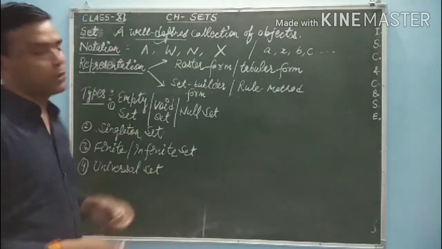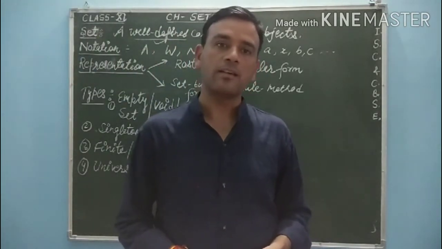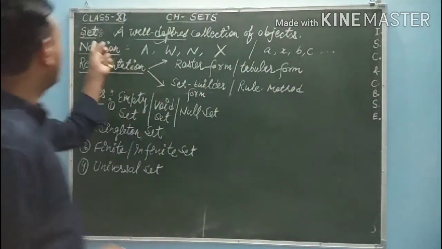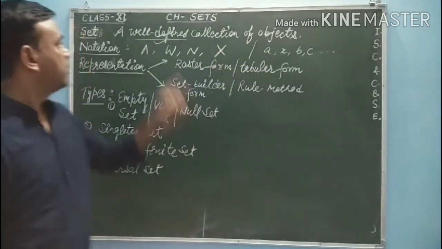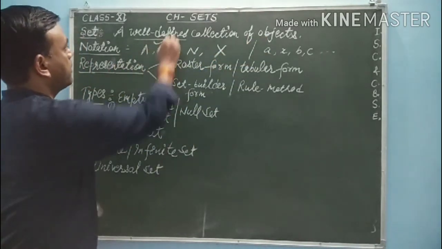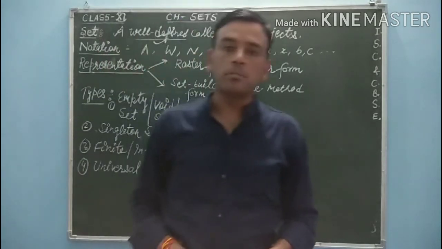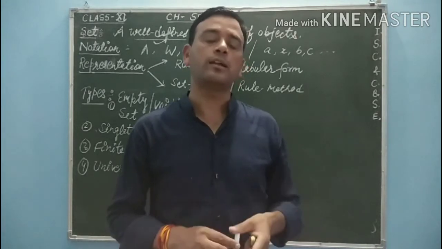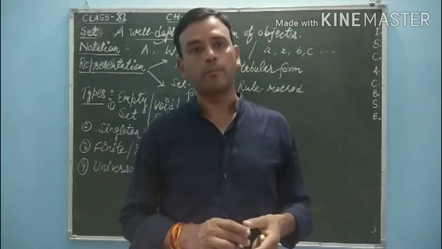So what is actually a set? A set represents a group of members, or you can say a collection of some objects. Okay, so let me begin with its definition. A set is a well defined collection of objects. Students, see here, this is a very important word. Well defined means the collection must be well defined. It means whatever collection of elements you are taking in a set must be well defined. In that condition, that will be a set.